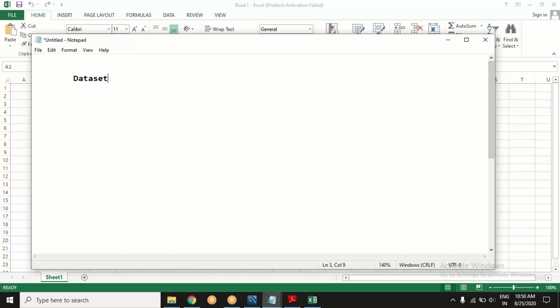Let's come to the concept of dataset. Leave SQL for now. What do you think a dataset is? Excel sheet. A two-dimensional structure of several values, which can go up to hundreds and thousands and maybe millions, right? That's what a dataset is.